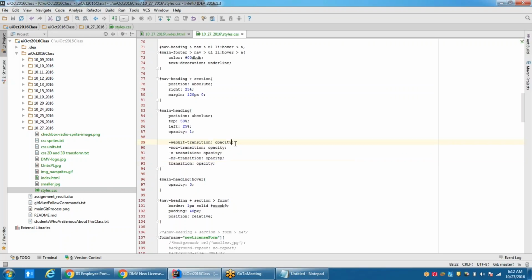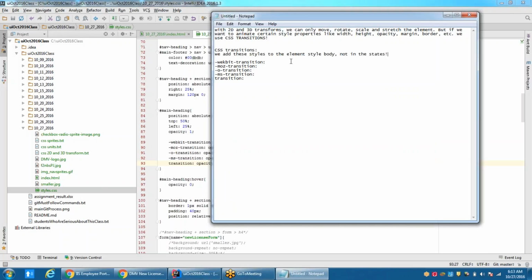Okay, but we need to also mention the time. What is the time that you want this to animate? And I want it to happen for 1 second. 1s. So the syntax is